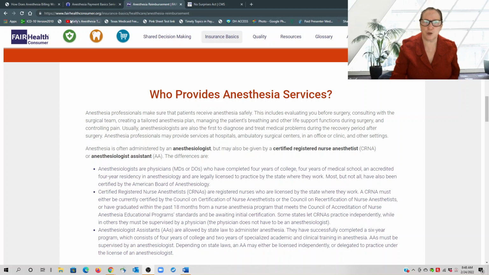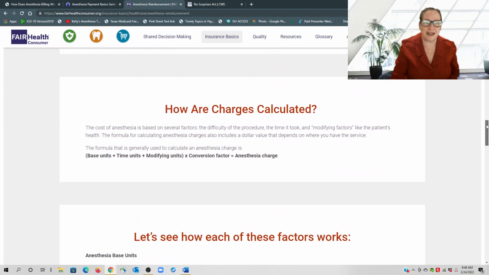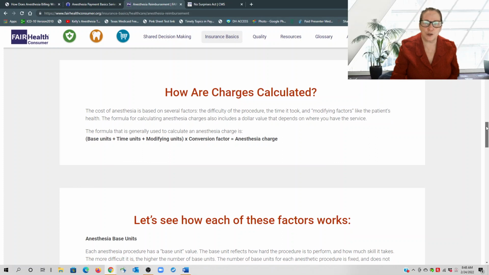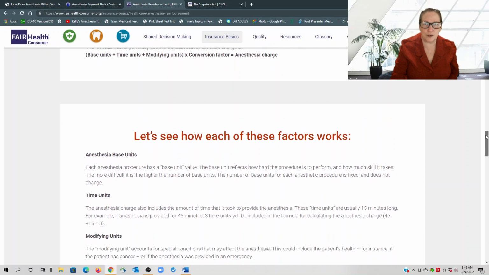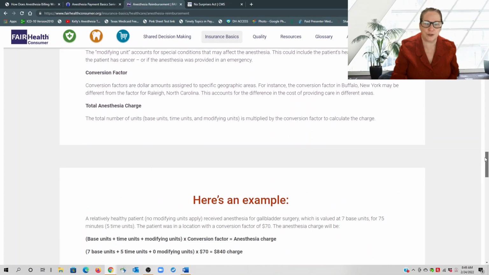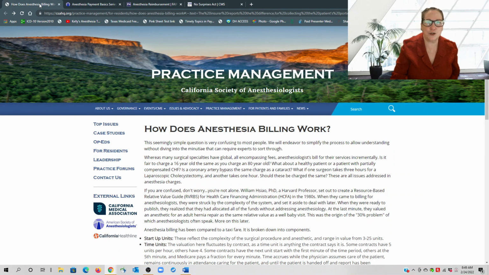Our first resource is the fairhealthconsumer.org, and there's a lot of good information which we will be coming back to when I show you examples of how the charges are calculated. It's not really important for understanding the bill, but I think the dollar payment amounts are, so we'll come back to those. I'm going to leave us a dollar example here and take us over to the California Society of Anesthesiologists website,